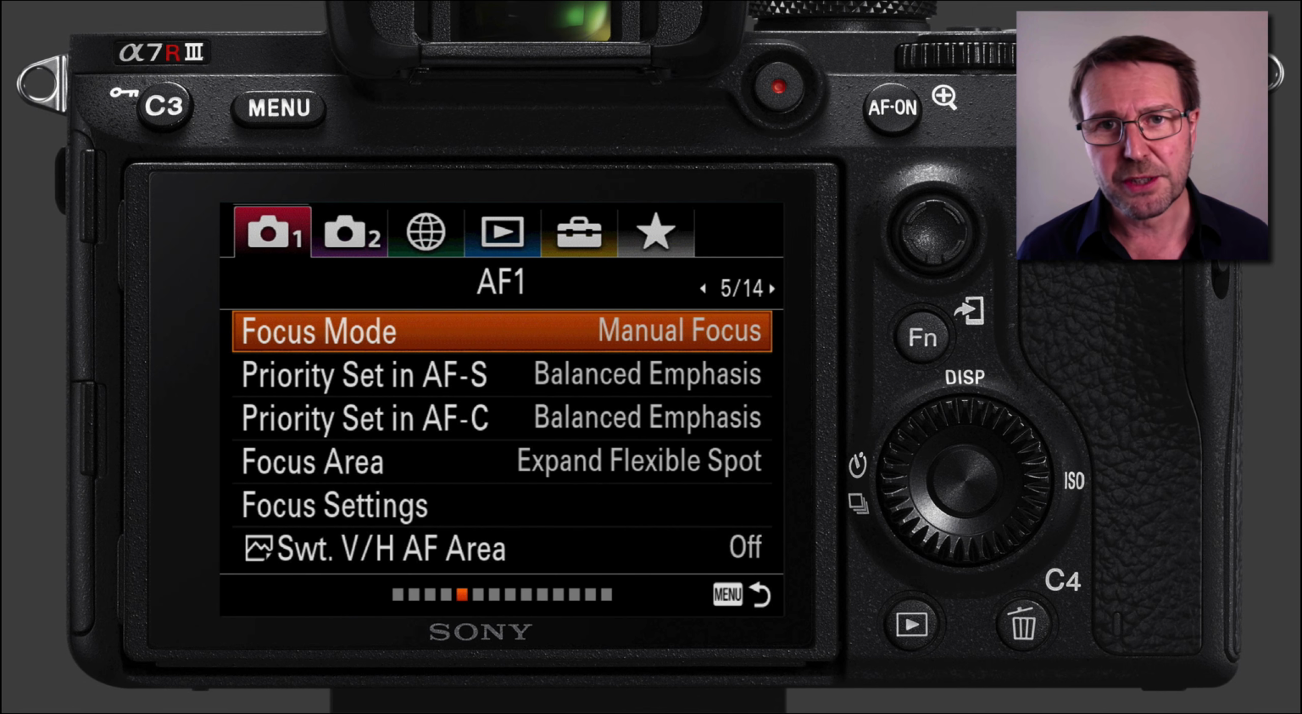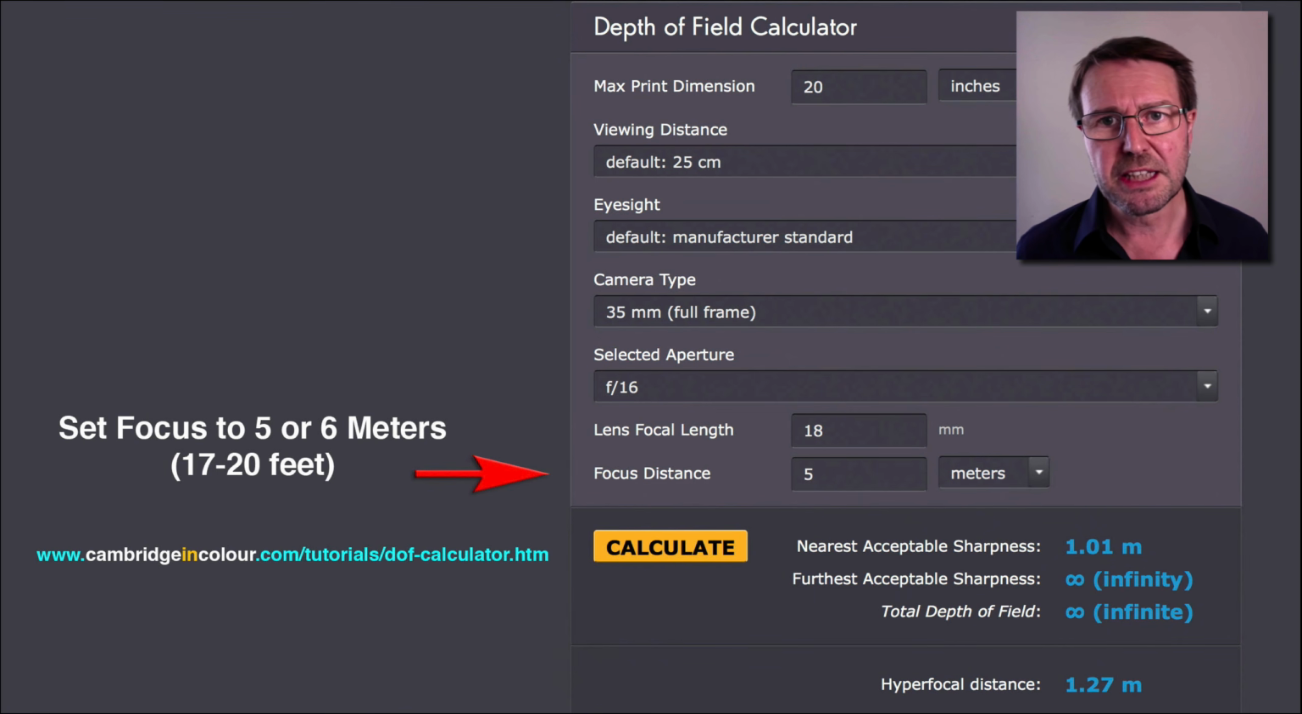There is a very good reason for this. It's actually very easy for me to get the depth of field I need when using manual focus. It's actually faster than using autofocus. Now I'm just taking you over to a website which has a depth of field calculator. It's the Cambridge in Colour website, and it's showing that if I'm using an aperture of f/16 on my 18mm Batis, then I'm going to get a depth of field from 1 meter to infinity